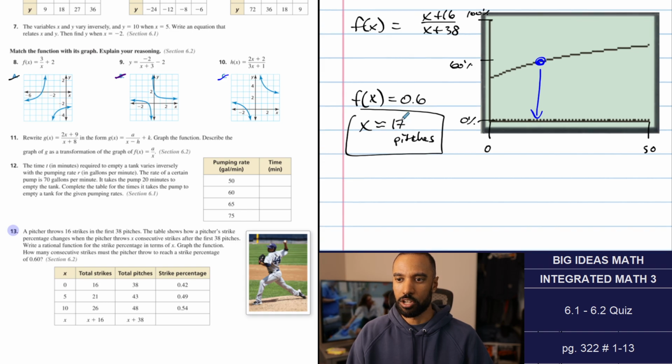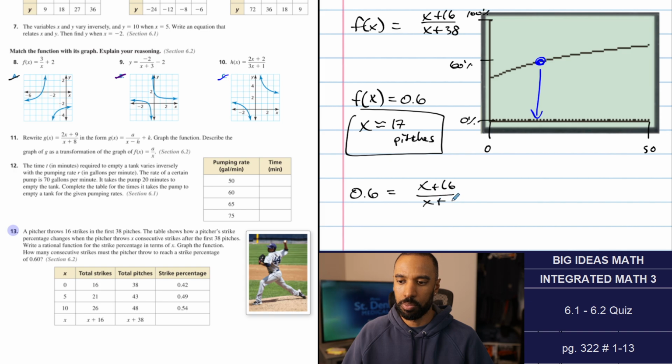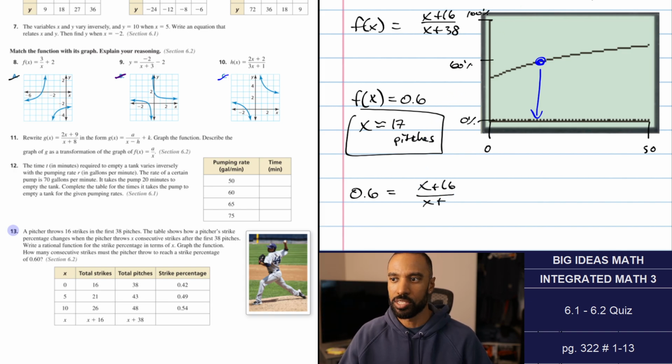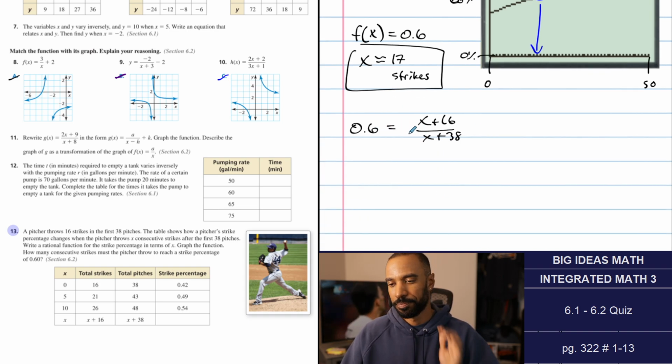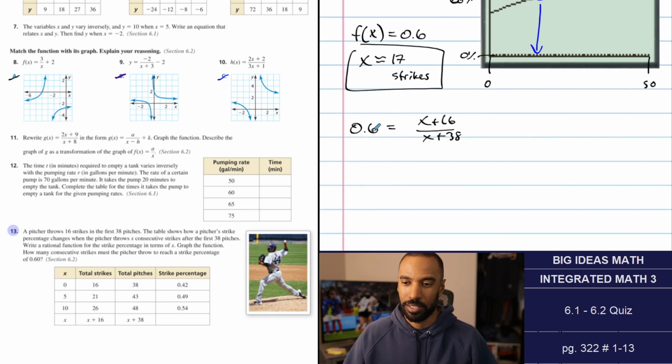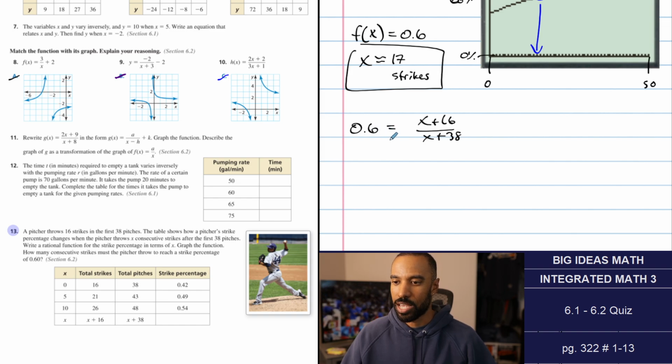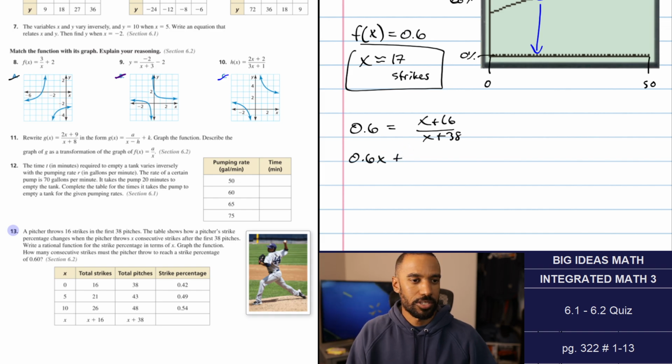What we could do is double check algebraically, which is one way to go about it. 0.6 equals x plus 16 over x plus 38. Sorry, not pitches, but strikes. That many consecutive strikes, right? But it is consecutive strikes, so it is pitches as well. Let's try that. I don't really like the decimal, but let's multiply both sides by x plus 38. You get 0.6x plus, and this is kind of overkill on this part of the problem, 38 times 0.6, we get 22.8